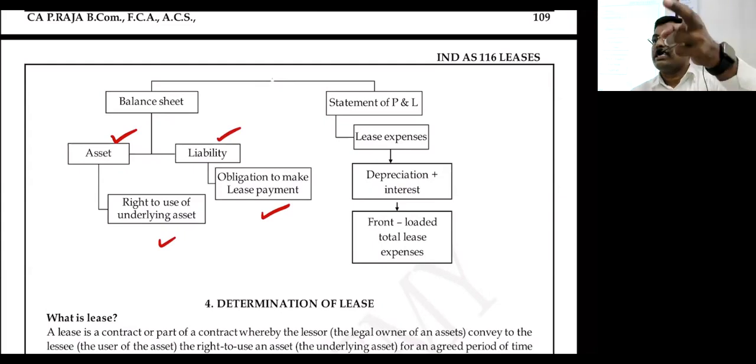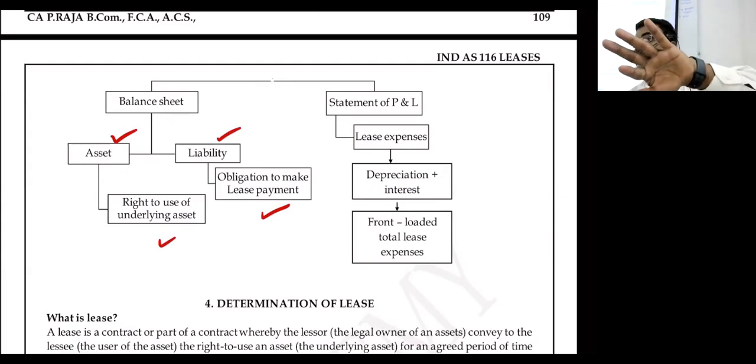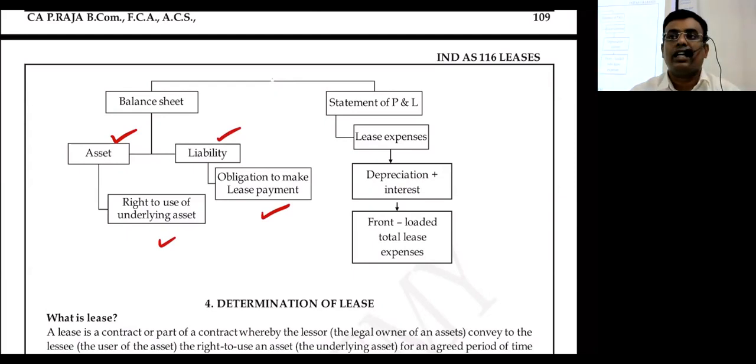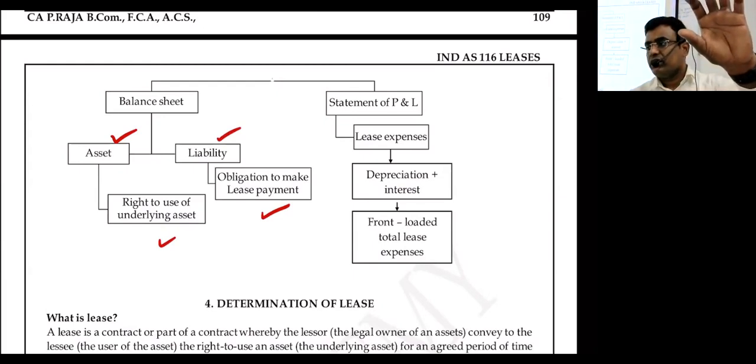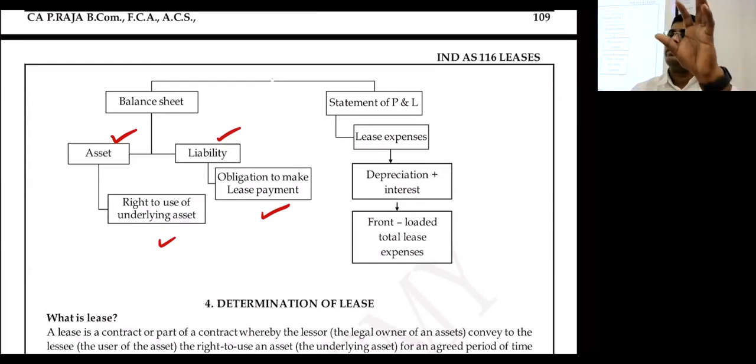Yes or no? In the lessee's books of accounts, the asset will always be there, na? Right of use of assets, yeah. Yes or no? Because in the existing standard, only in case of a finance lease would the asset appear in the balance sheet. Are you able to connect with me or not? But in case of the new standard 116, we don't have such classification. We simply book right of use of assets. Yes or no? So always the assets will be there in the books of the lessee also. We will have that interpretation discussion.